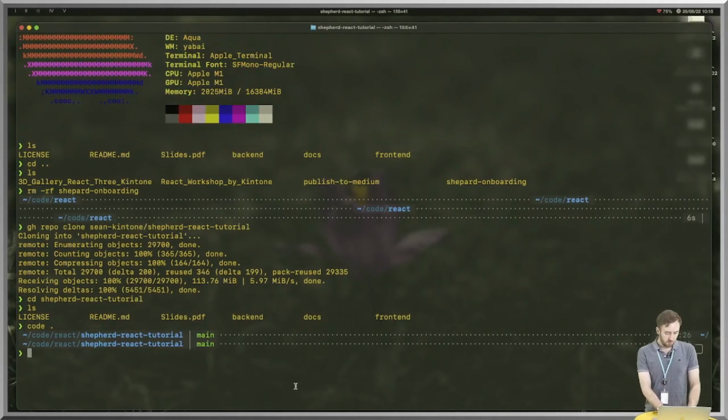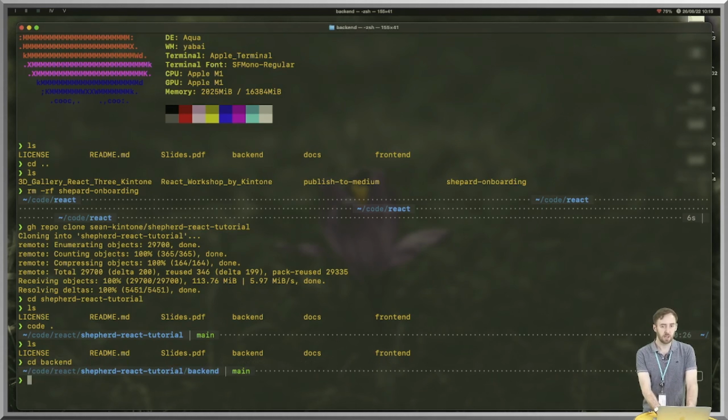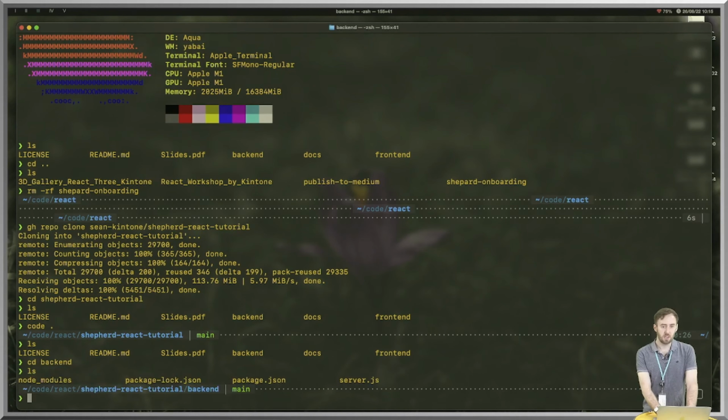All right, guys. So here, once again in our terminal, let's install our dependencies and just make sure that this is all set up. So first things first, you cloned into the Shepherd React tutorial. You've changed into that directory with cd, right? Next, you're going to go into your back end right here. So we have our back end. You can see that we have this server.js, we have a package.json, a package-lock.json, some node modules. That's always a good hint that you need to